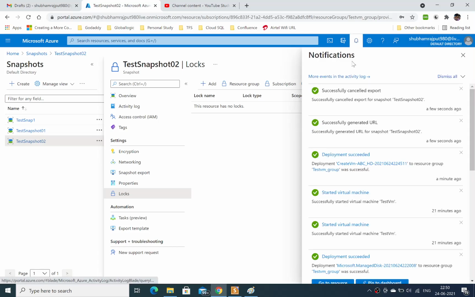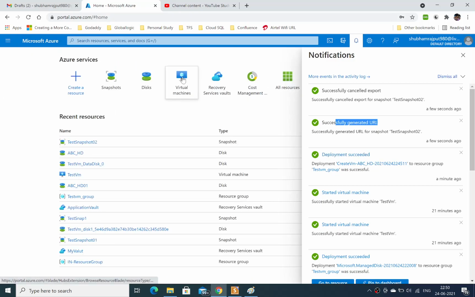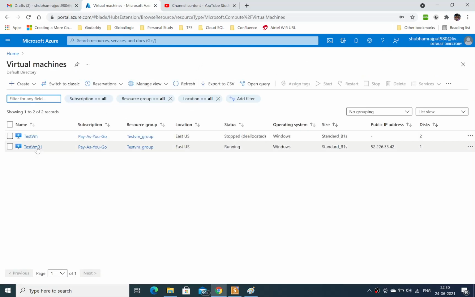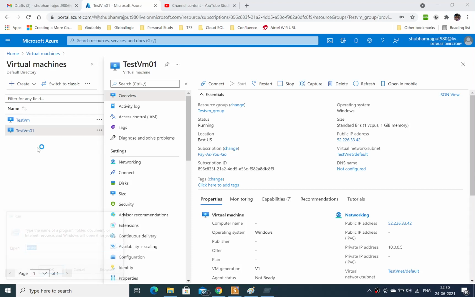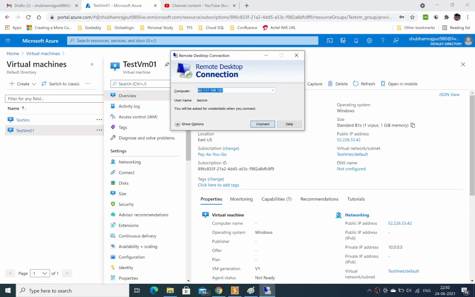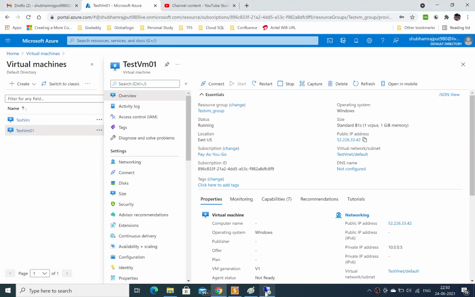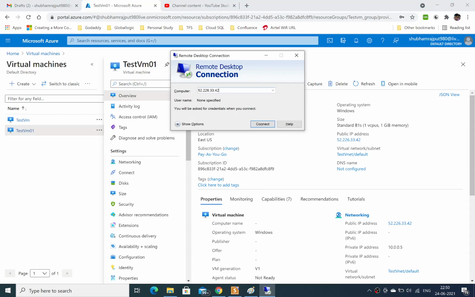You can see the virtual machine is created. Now come to the virtual machine section. You can see test VM01 is created. I'm taking the remote of this; this is the public IP of my virtual machine.